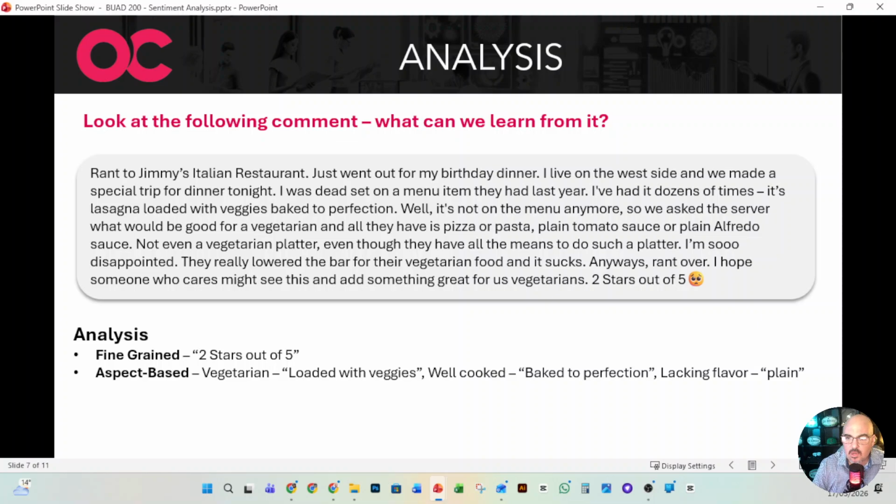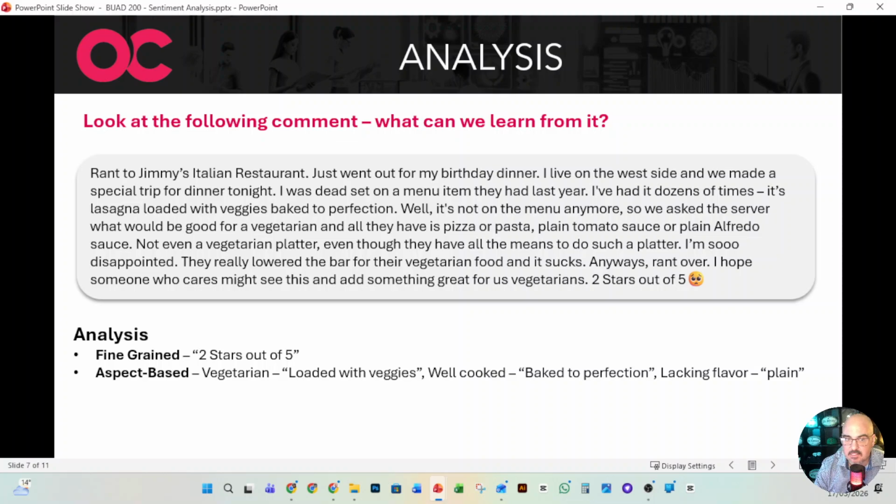Aspect based. So what are the characteristics that this person is looking for? Firstly, they're obviously wanting vegetarian. That's a characteristic of the meal that they want. So they're talking about meals that are loaded with veggies. So obviously they like meals that have lots of veggies in them. They like them to be well cooked, baked to perfection. And they don't like things that are lacking flavor, i.e. plain. So these are aspects of a good meal that they're describing that this company could follow now to actually